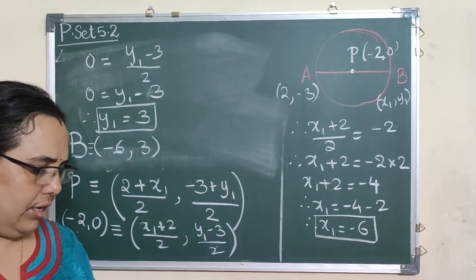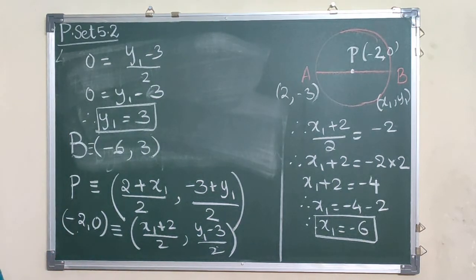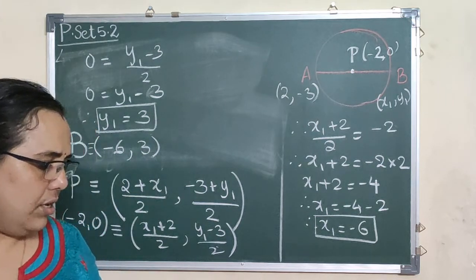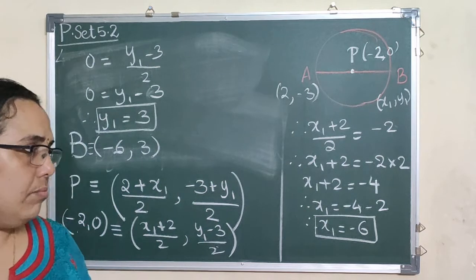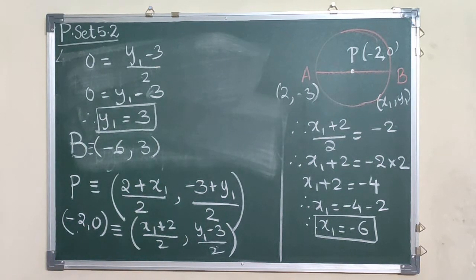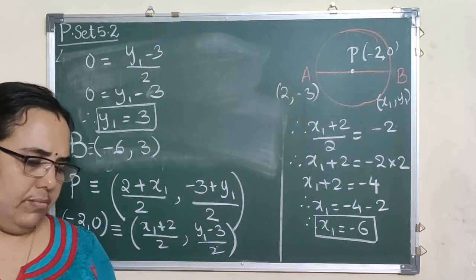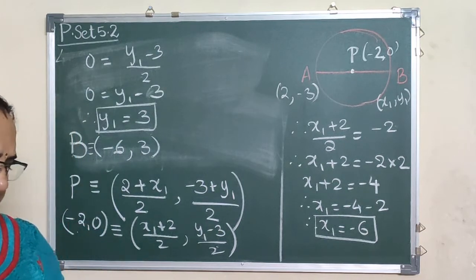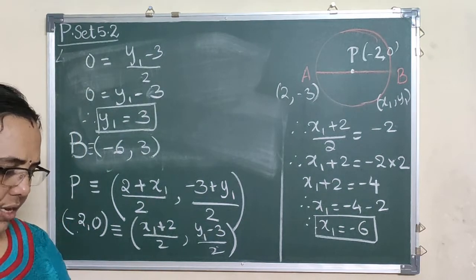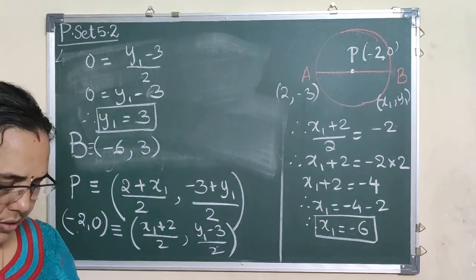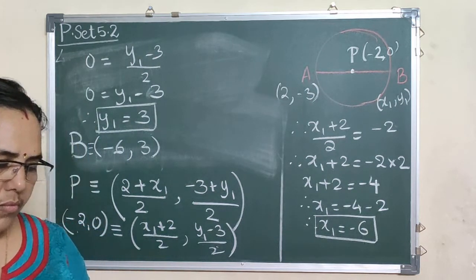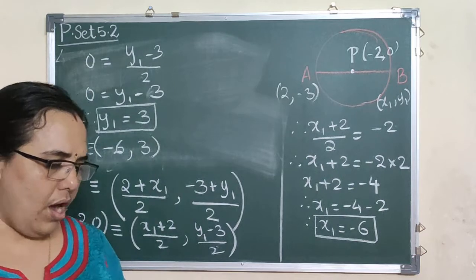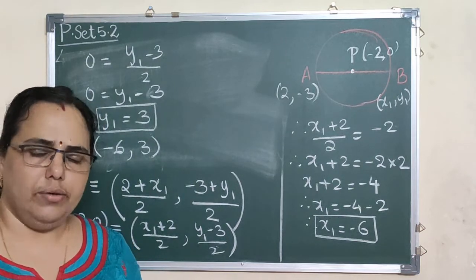Now, after the C, girls, you have sum number 6, which is very similar to sum number 4 using the midpoint formula. Very simple sum and very simple calculation there. I think you can try doing sum number 6 by yourself. Same type of sum. Okay? Now let us start doing the fifth one.